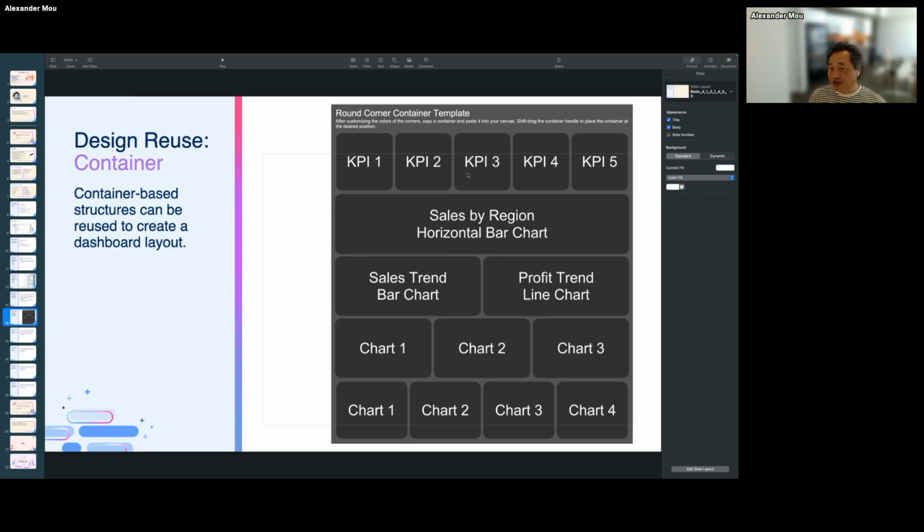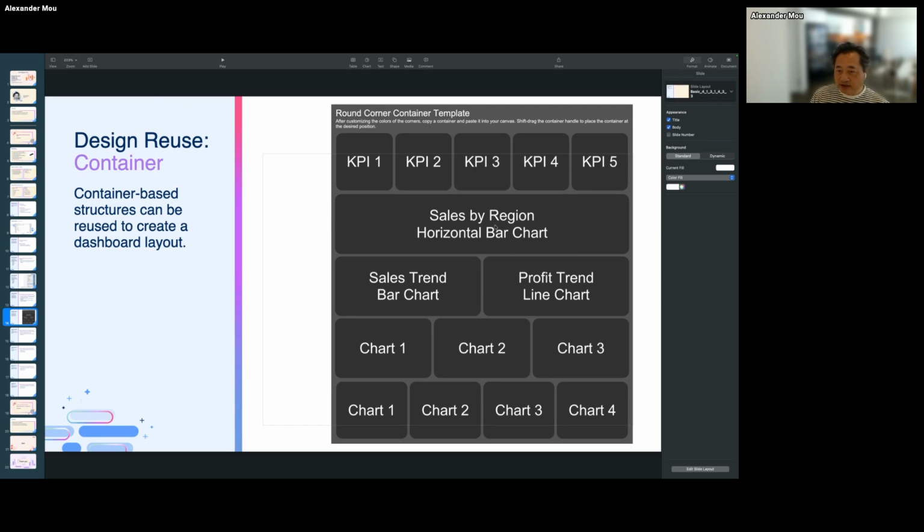Maybe this time I just have 3 or 4 KPIs instead of 5, or I may have 6 KPIs, right? So I can add or remove a few of them, etc. But this is a template that I can reuse.